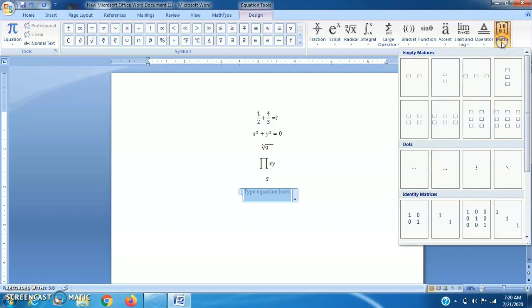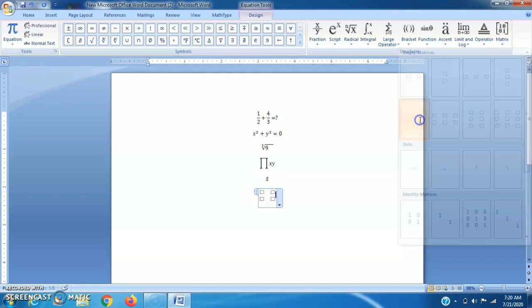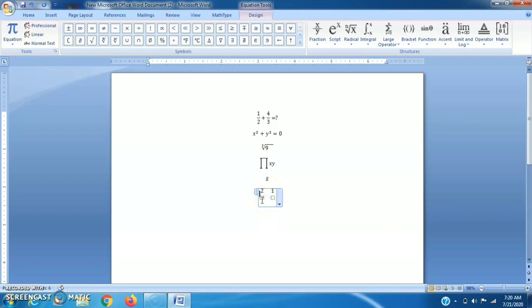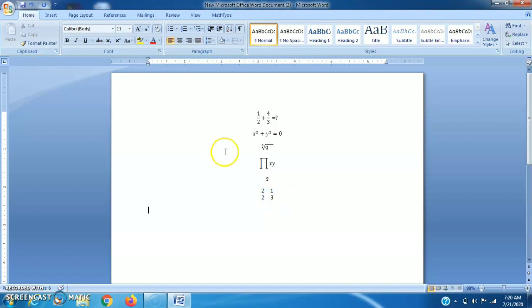This is very interesting. If you want to insert some matrix, then we have whatever type of matrix we require. Suppose I want this 2 by 2, then 2, 1, 2, 3. In this way we can insert matrices also.